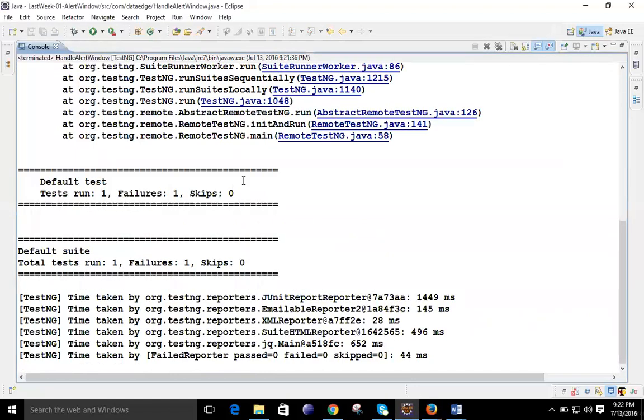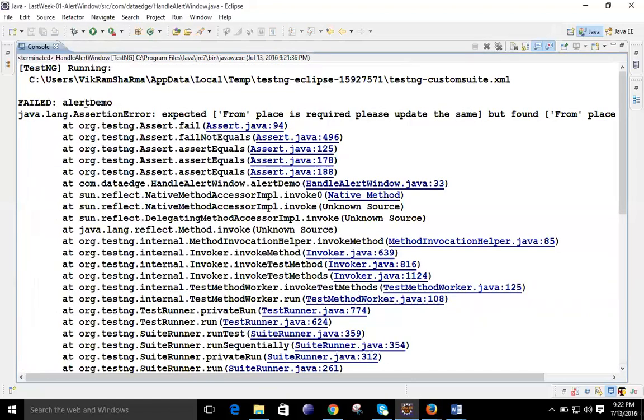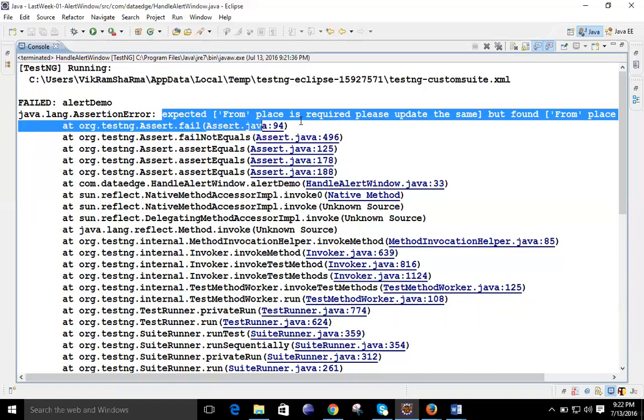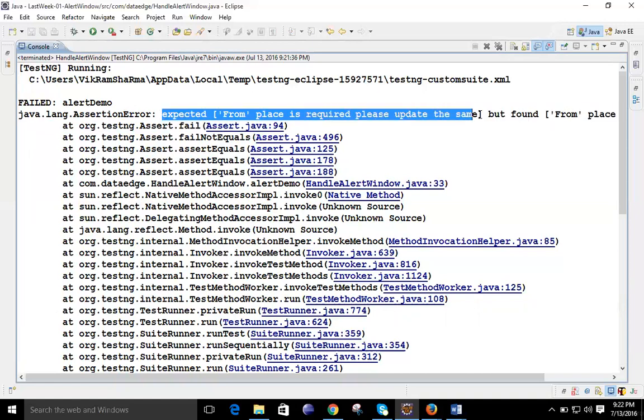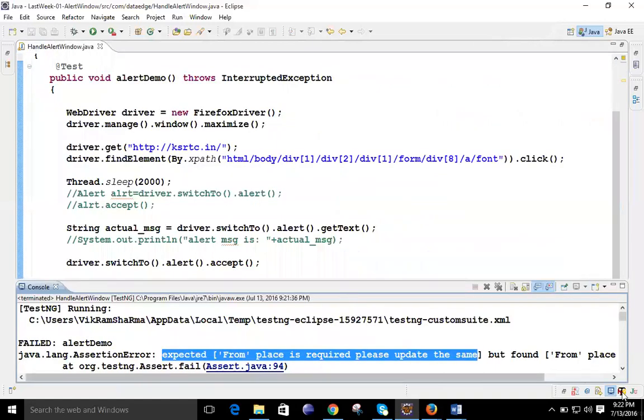Now you can see it's telling that it failed. You can check the use of the assert methods. AssertEquals is telling that the expected value was different but found this one, meaning both are not equal. That is why this test case failed. You can see the TestNG output also.